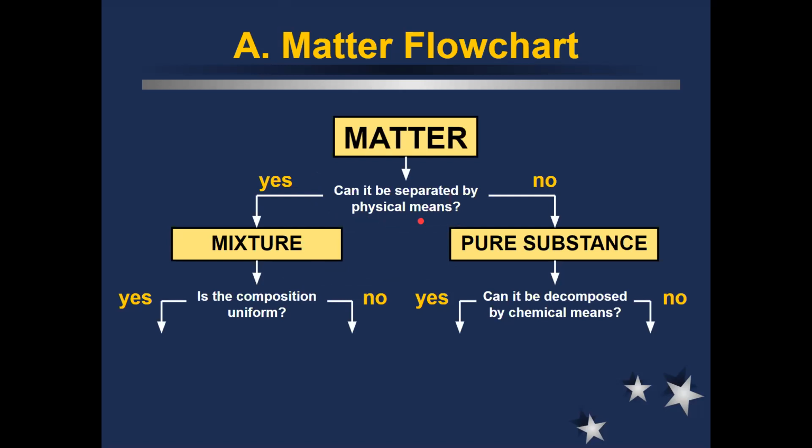So we could put it through a filter paper of some kind, like a coffee filter, if we wanted to filter out the big particles from the small particles. We could apply some sort of magnetic or electric field and separate them out based on what's a magnet and what isn't. We could look at the color of our mixtures and separate it out based on these ones are one color, these ones are another color. So that's what we mean by physical means. If we wanted to, we could go into our mixtures and physically separate the pieces into different substances.